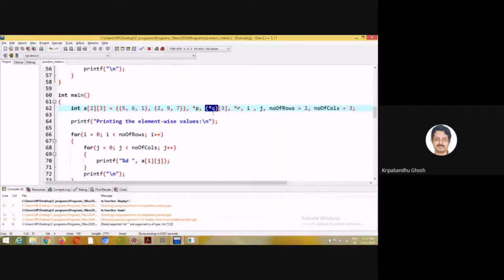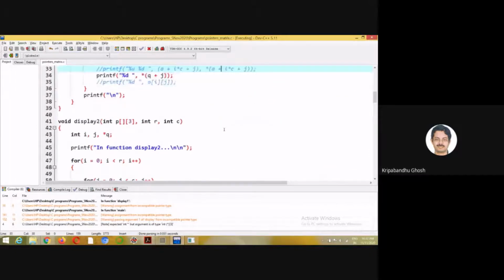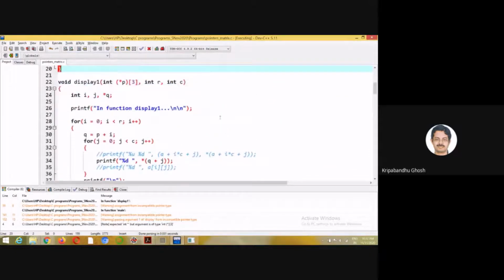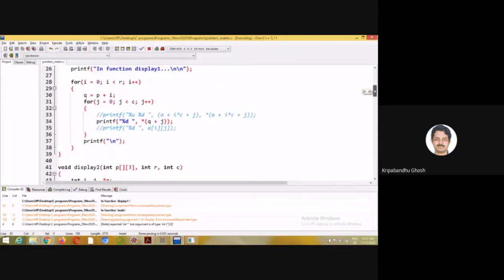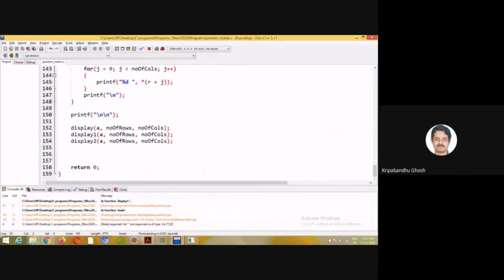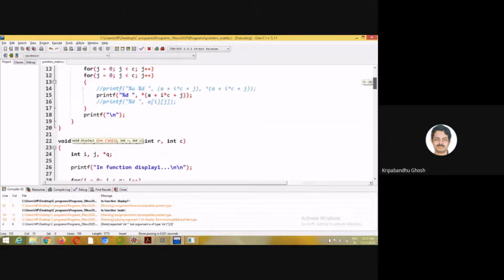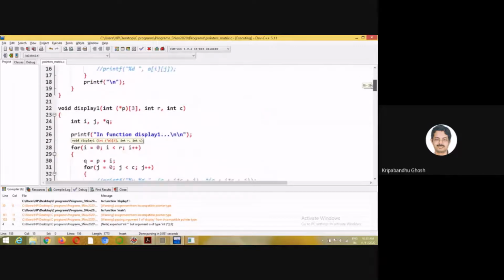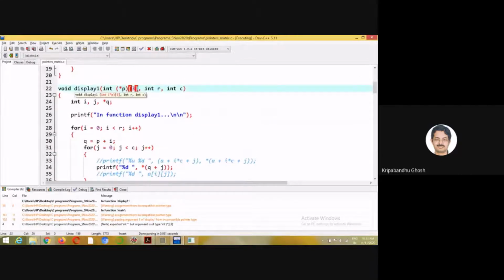So this is a pointer. This is not an array of pointers. This is a pointer to an array of 3 integers. So how is this going to be useful? Here it is going to be useful. If you pass a here in display 1, it is accepted by P. So this basically points to the first row only, right?